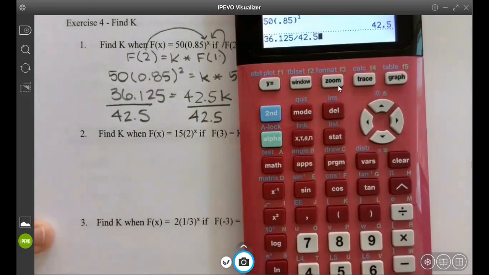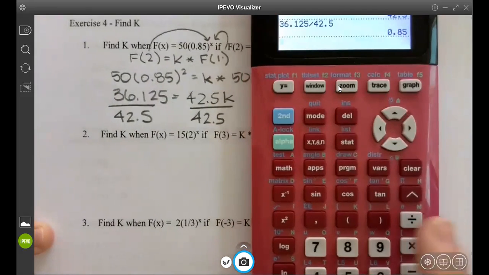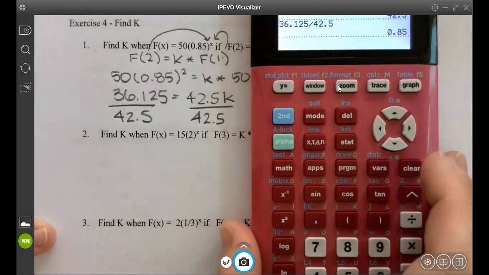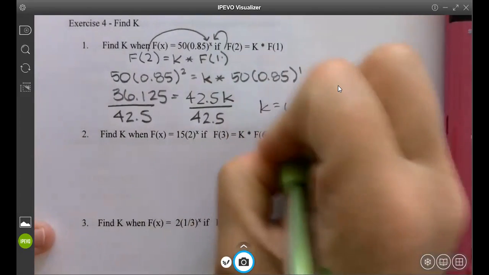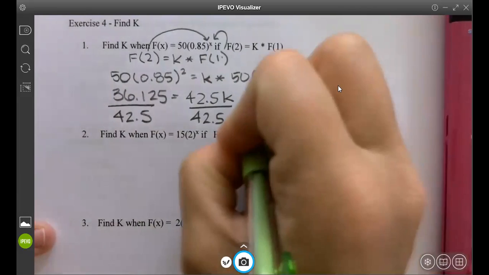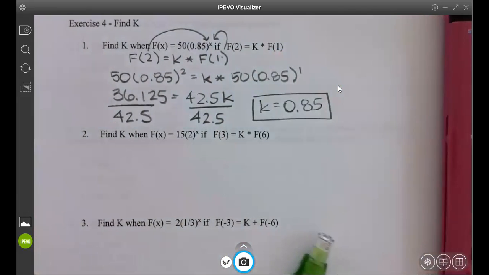36.125 divided by 42.5 gives us, what's my calculator say? 0.85. So K is 0.85. So that's what you're doing the whole time. Okay. If I go to Desmos,